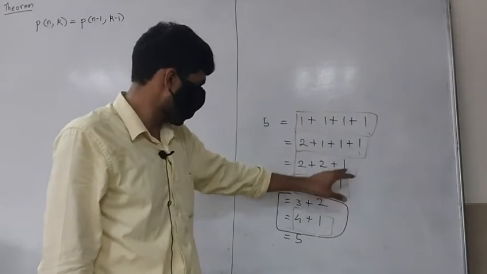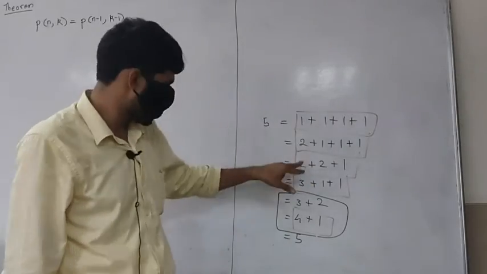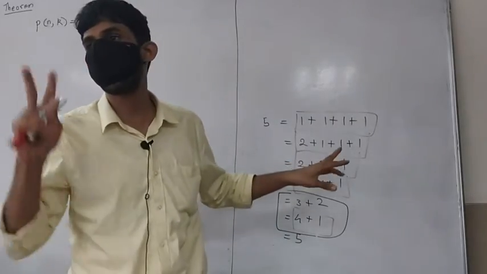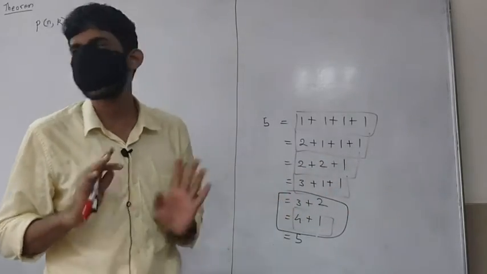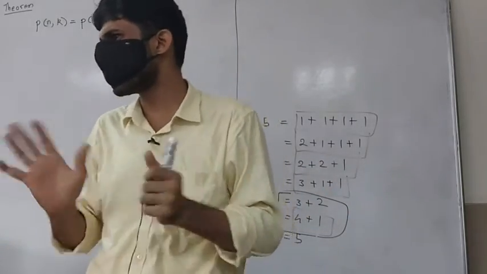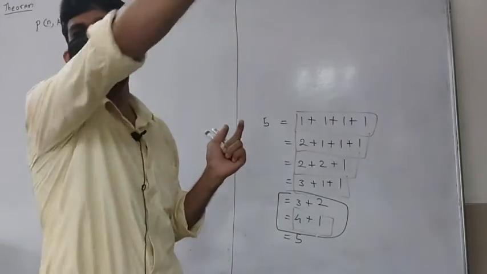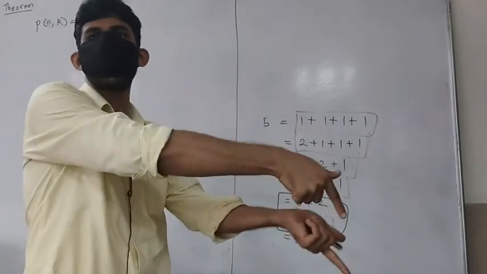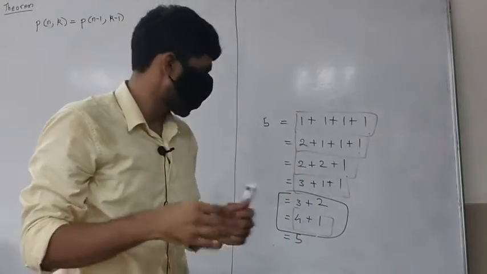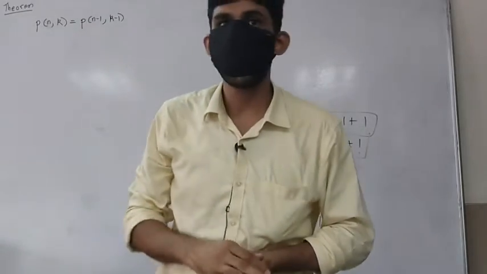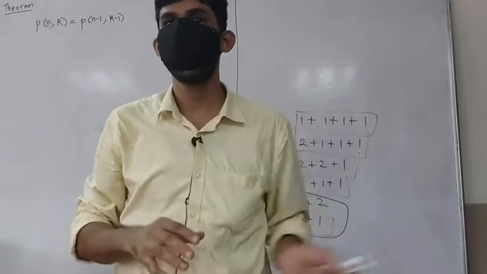So here it is going to be the number of partitions of 4 into 2 parts. Which are the partitions of 4 into 2 parts? 2 plus 2 and 3 plus 1. So that's exactly what you're going to get. I hope everyone can see that. Because if you have a partition of 4 into 2 parts and you add a 1 to it, you get a partition of 5 into 3 parts. If you have a partition of n minus 1 into k minus 1 parts and you add a 1, you get a partition of n into k parts.